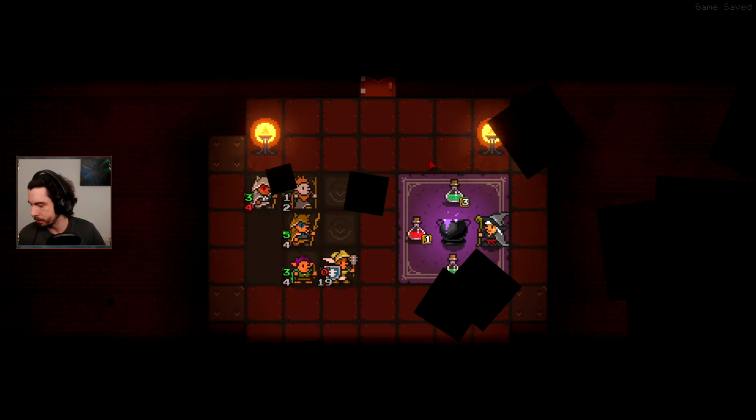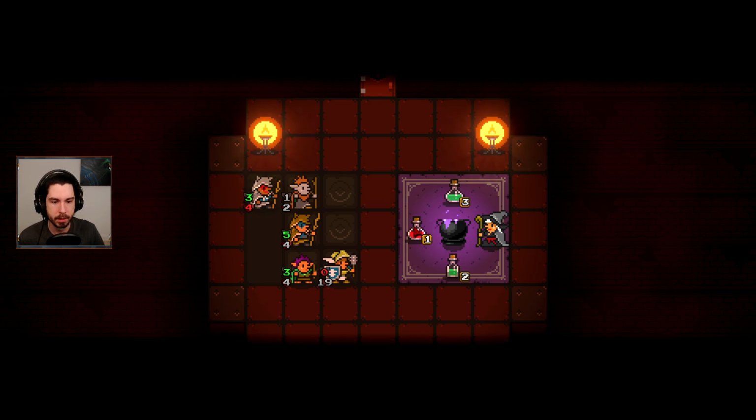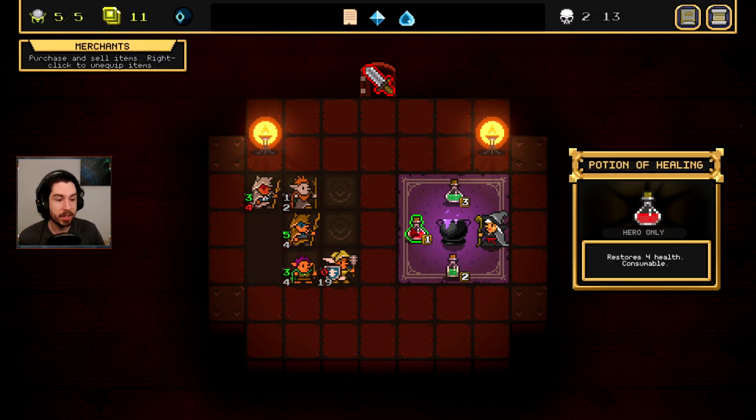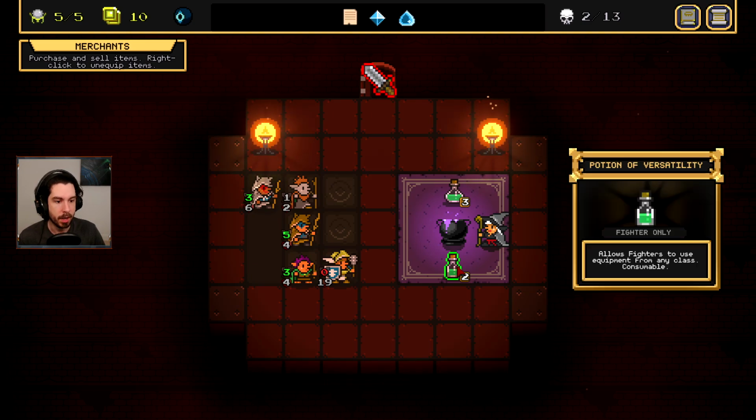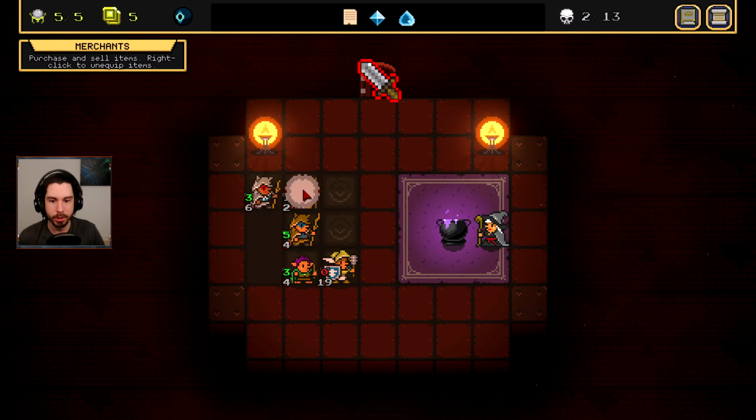So we're going into the 3rd floor. We get our potion option here. Let's see what happens. So actually, this is a potion of healing. We'll go ahead and bring our hero back up to full HP. Allows fighters to use equipment from every class. Well, we're obviously just going to throw that on our other fighter. Allow mages to use equipment from any class. Well, when you put it like that,